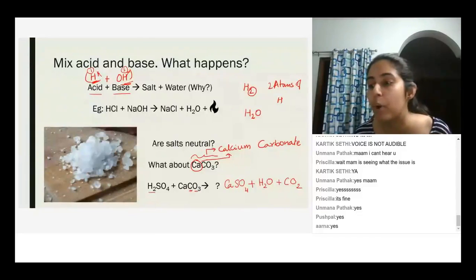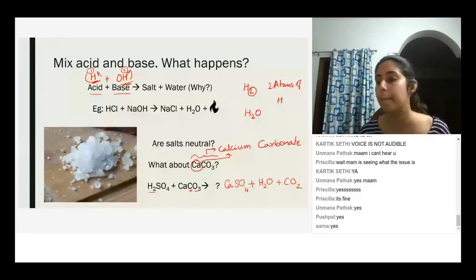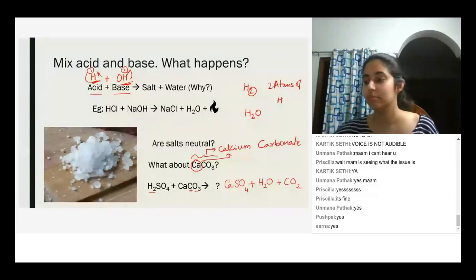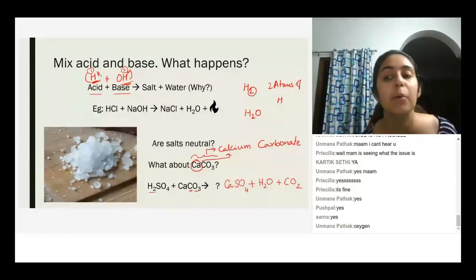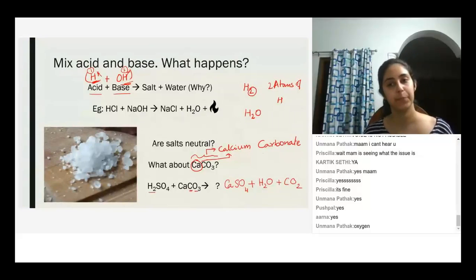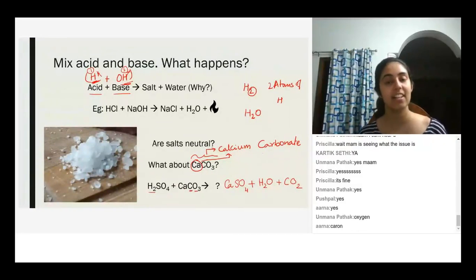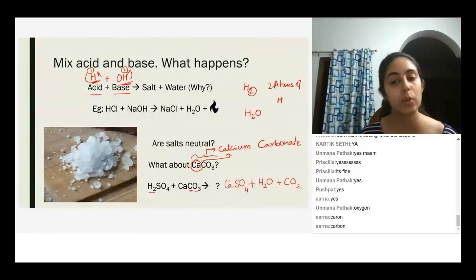Within the carbonate molecule, can you guys tell me what all elements are present? Can you repeat the question? What all elements are present within the carbonate molecule? Carbon and oxygen. Carbon and oxygen, very good. Yes, oxygen, yes. And carbon, correct. So the chemical formula for calcium carbonate is CaCO3. Now,